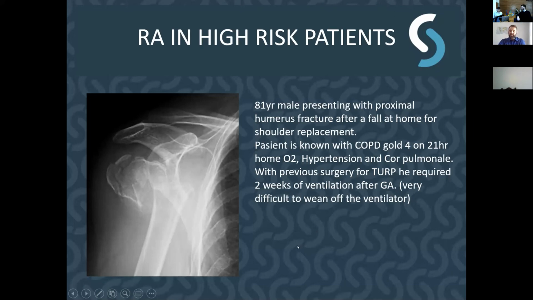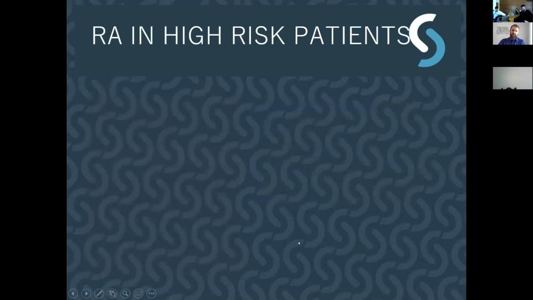We used regional anesthesia for him, did a dry block, what we call interscalene. So I used saline to place the catheter in the right position, and then slowly started giving small boluses of lignocaine until we had the desired effect. And the patient did not have any respiratory complications, went through the surgery completely awake, just with nasal prong oxygen. It went very, very well.